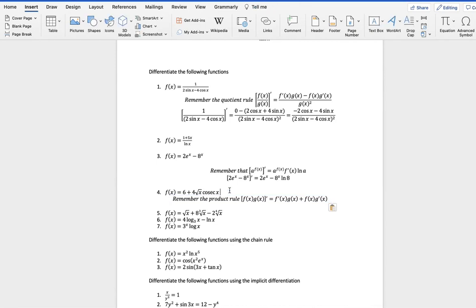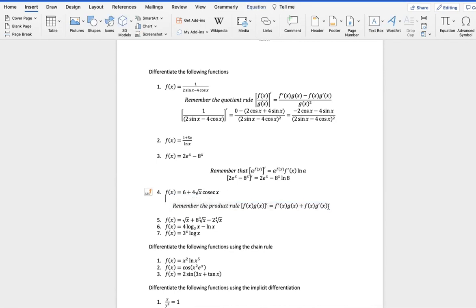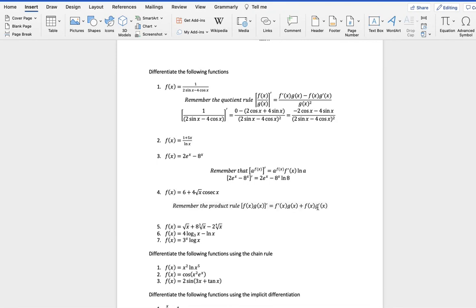So our product rule tells us that when we are trying to find the derivative of 6 plus 4 square root x times cosec x,